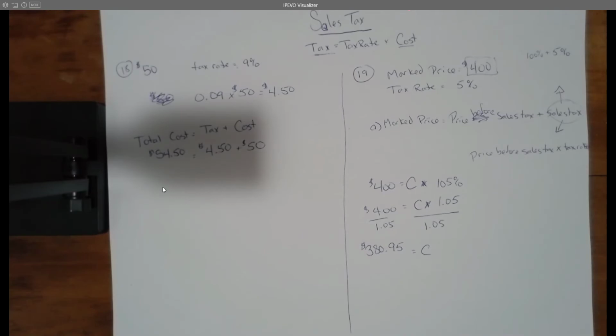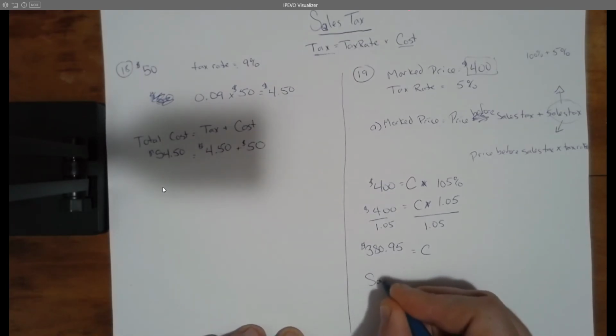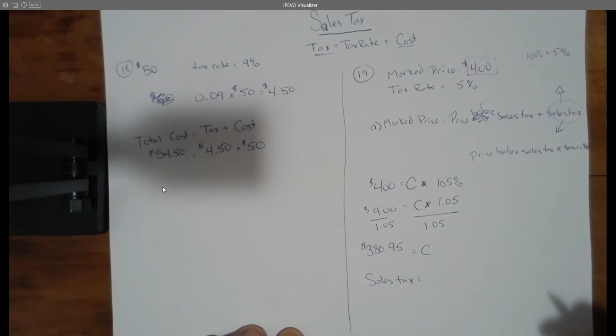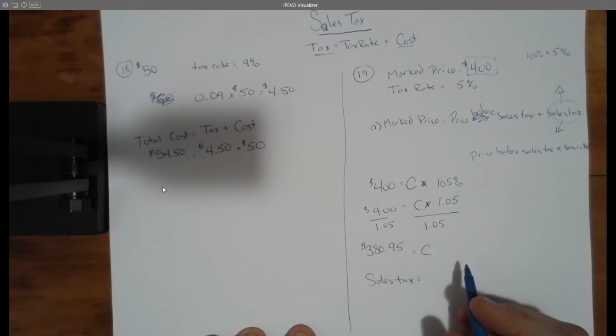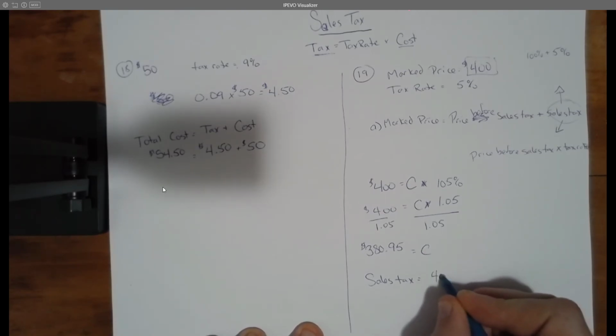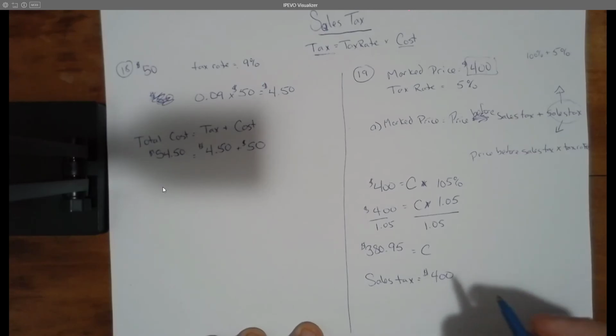So that was the original price, or the marked price, before we added the tax. And then once we added the 5% tax on, it ended up costing $400. The next part of the question is going to ask us, okay, so if that is the case, how much tax did we end up having to pay? So in order to do that, sales tax, we figure out our marked price. That is the price that we paid for that, $400. In this case, that's more than the original amount, minus whatever the original price was, or the original cost,